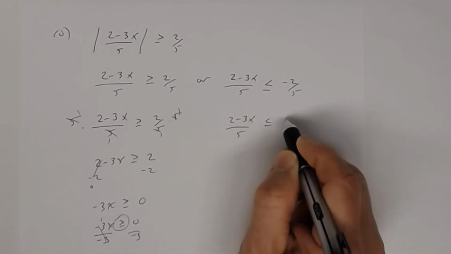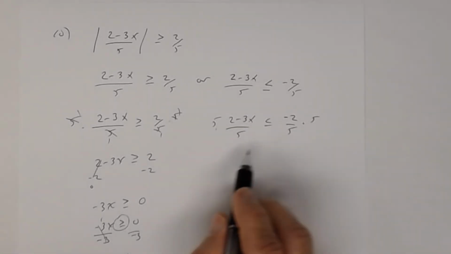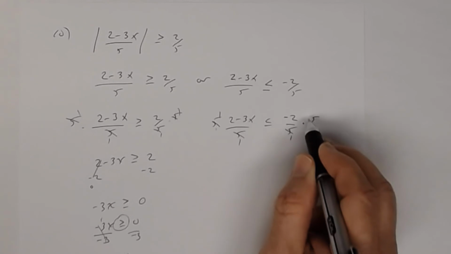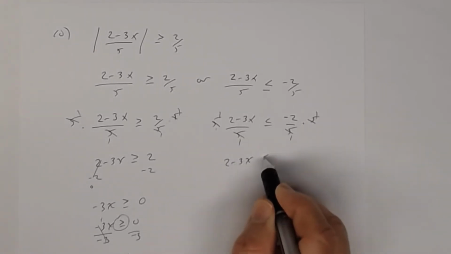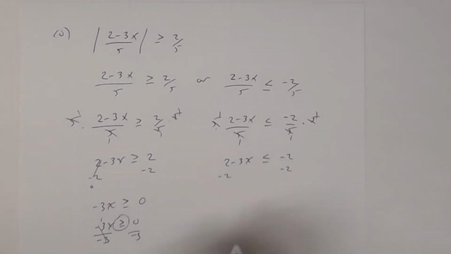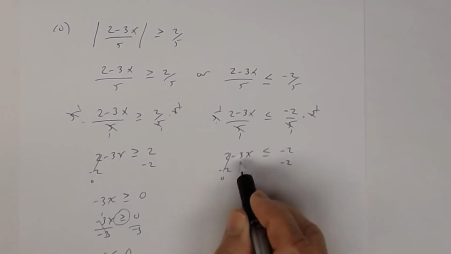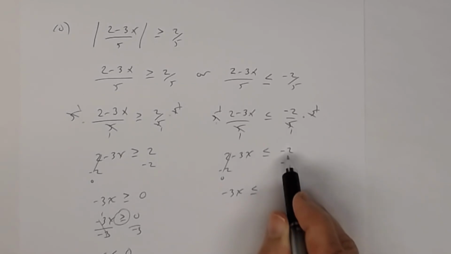So again, I'm going to clear the fractions. And when I clear the fractions, I multiply both sides by 5, which is the LCD. The 5's divide out on both sides. 2 minus 3x is less than or equal to a negative 2. Subtracting 2 from both sides, 2 minus 2 is 0, so negative 3x is less than or equal to negative 2 minus 2, which is